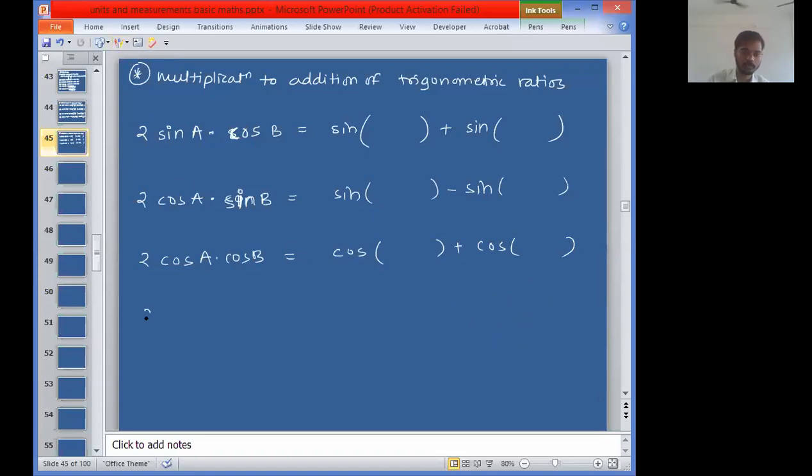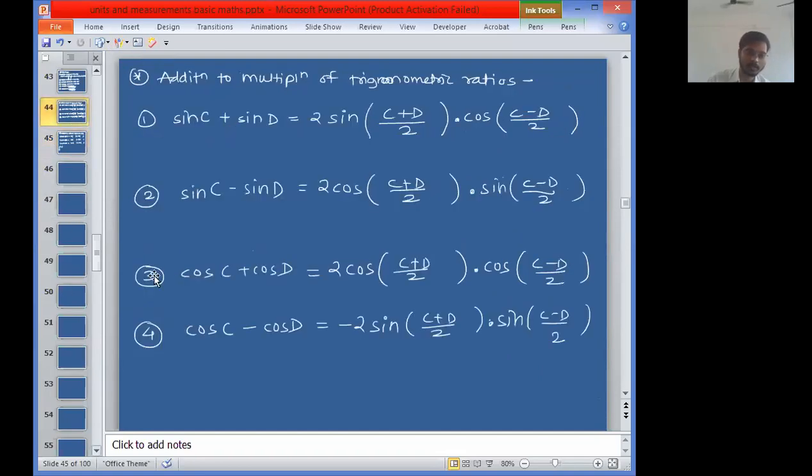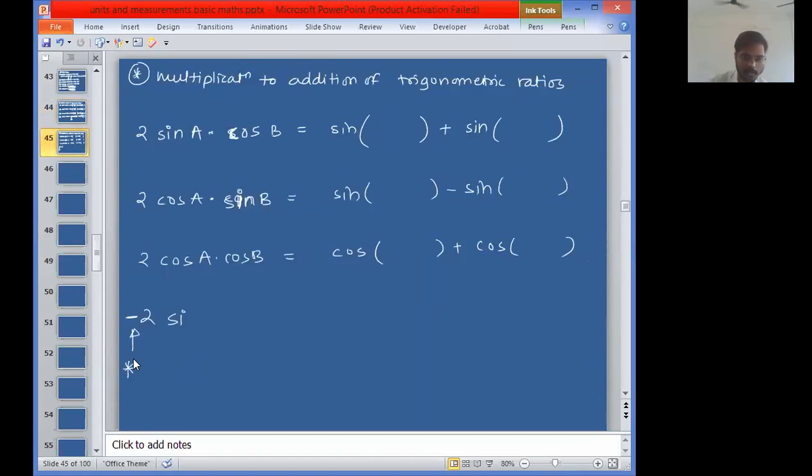Now, the last formula is 2 sin sine. No, sir, minus 2 sin sine. There was an exception. Okay, let us make a star point, here and also on the previous slide. We have to remember this exception. Cos minus cos is minus 2 sin sine. Okay, sir, we made a star. Now again star: minus 2 sin sine, minus 2 sin A sin B.